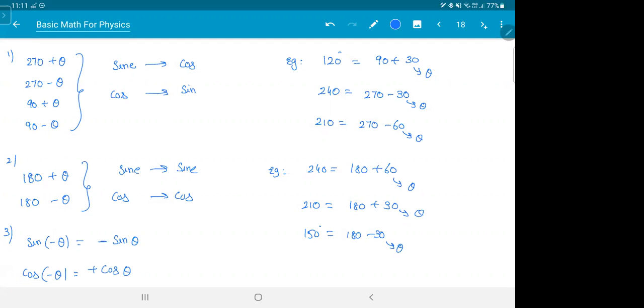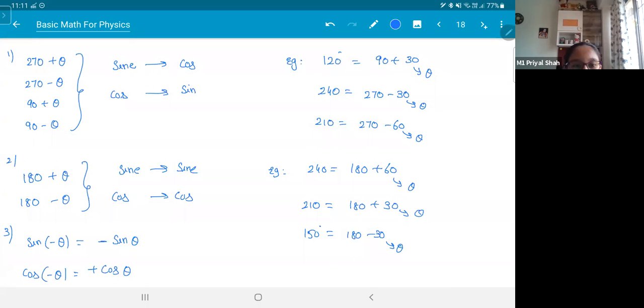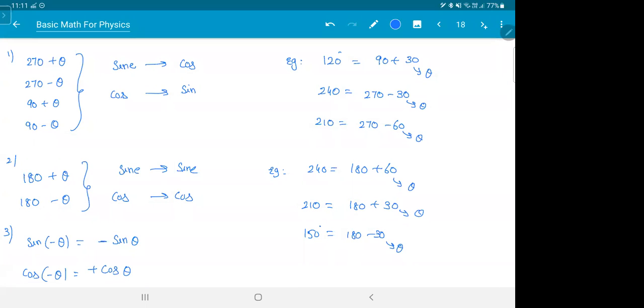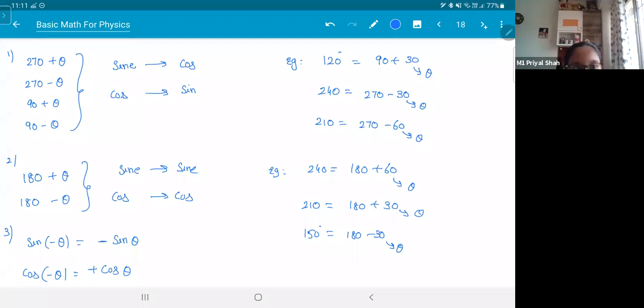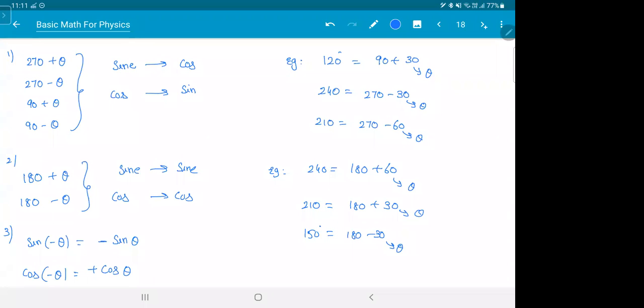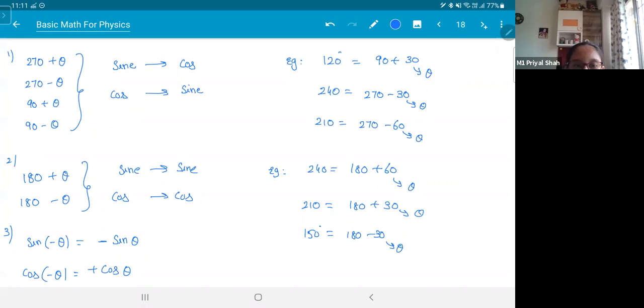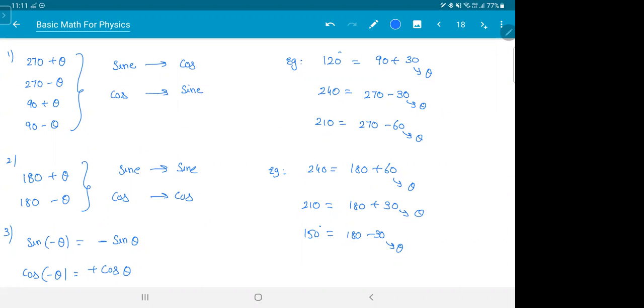Right. Sir, I did not get the first and the second point. What is the first point? That is 270 plus theta, 270 minus theta. How sine becomes cos and cos becomes sine, that one. Now sine becomes cos, cos becomes sine. Why it becomes, we are not interested. Getting it? Why it becomes, there is a reason, but let's not get into it. It becomes a max class then. How to use that, I'll show you. I'll give you a lot of examples, don't worry. Put it down. Let me show you a few examples. And then you can ask me if you're still confused.